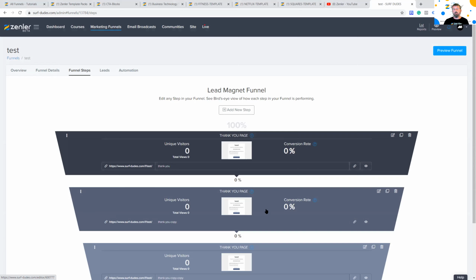That's what I was saying. Funnels are so flexible. You can use different forms within funnels, send them off in different directions. You could send them through a series of steps and send them to a sales page. You could even send them off site. You could even send them to your YouTube channel. It's up to you. Or you could send them to the registration form for the live.